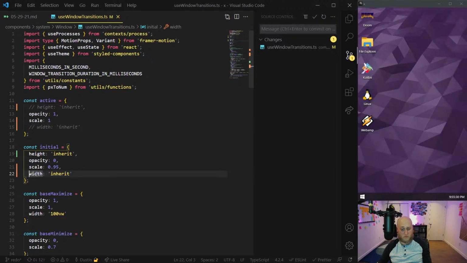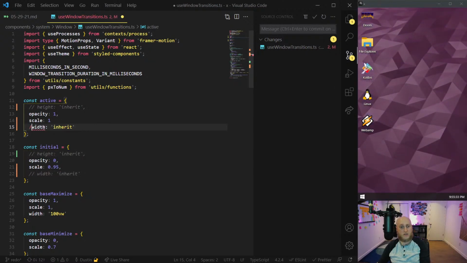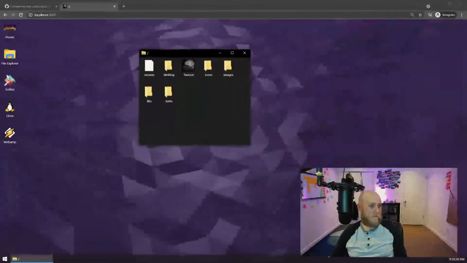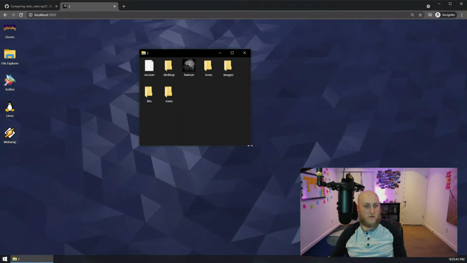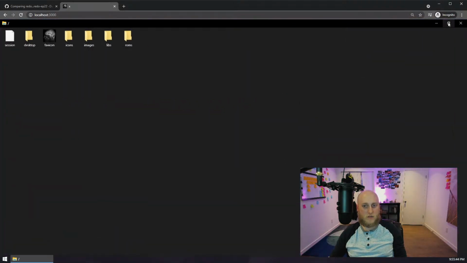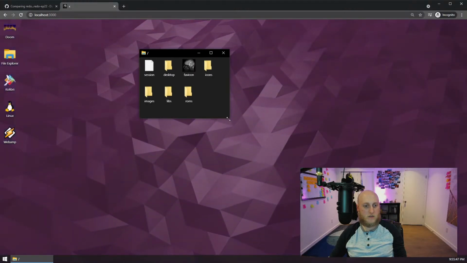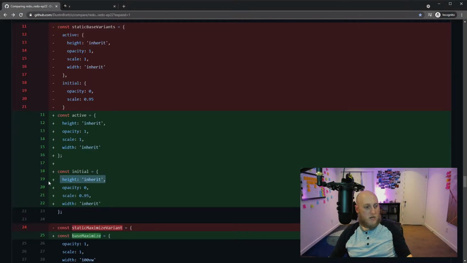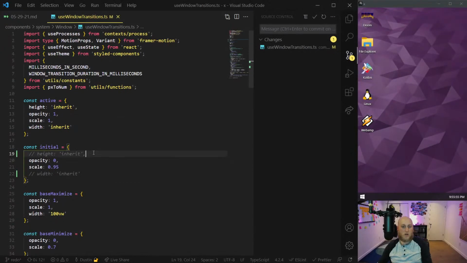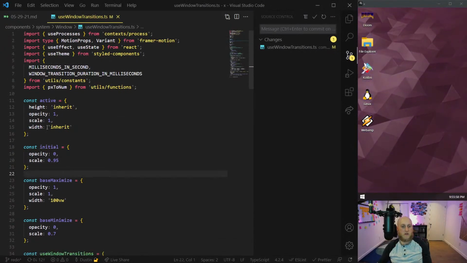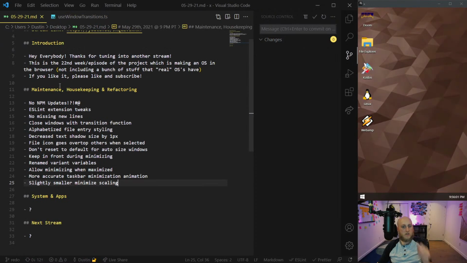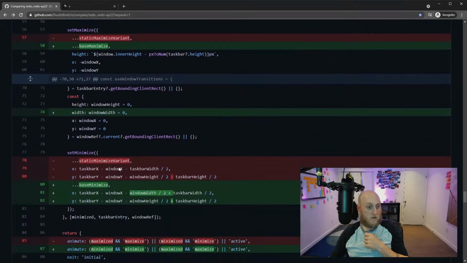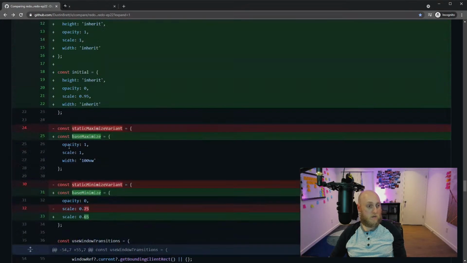So was both the answer, or was only one needed though? Why did I have it on both all of a sudden? Is it just trying to be overkill with it? Let's put it back here on active. Refresh the page again. So this works. Maximize, minimize. Okay. So I don't know why I added it to initial here, but we're not going to do that because it doesn't seem necessary. And it was already inactive, so now that's not even a change. So I'm happy to not do changes. Okay, this can be closed then, I think. That file is donezo.